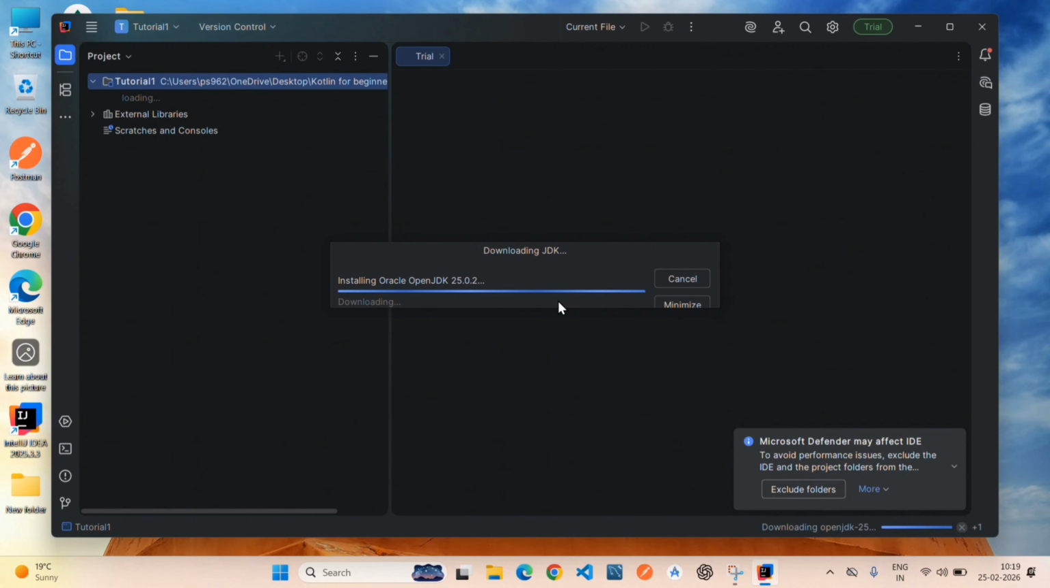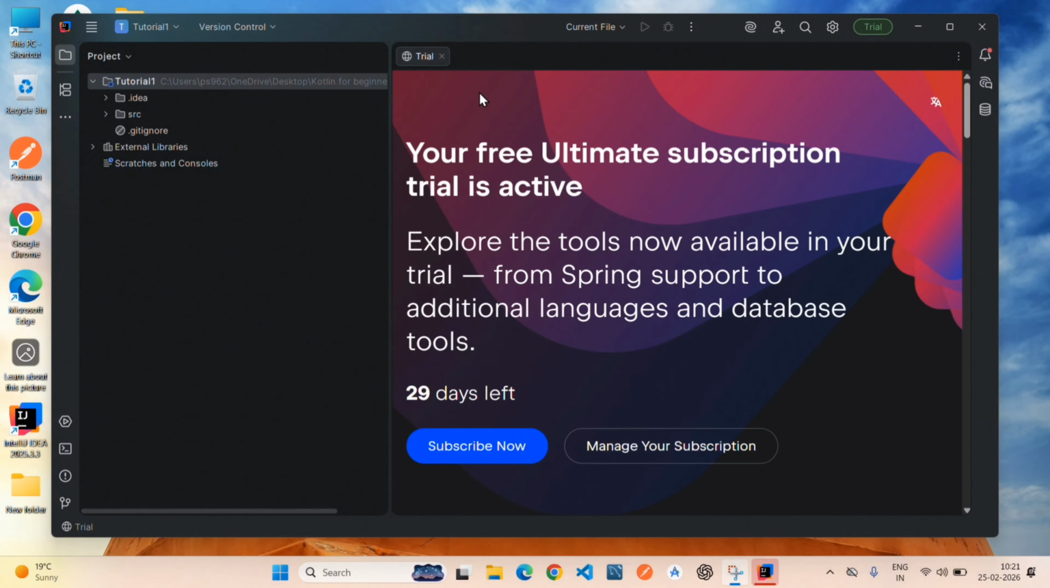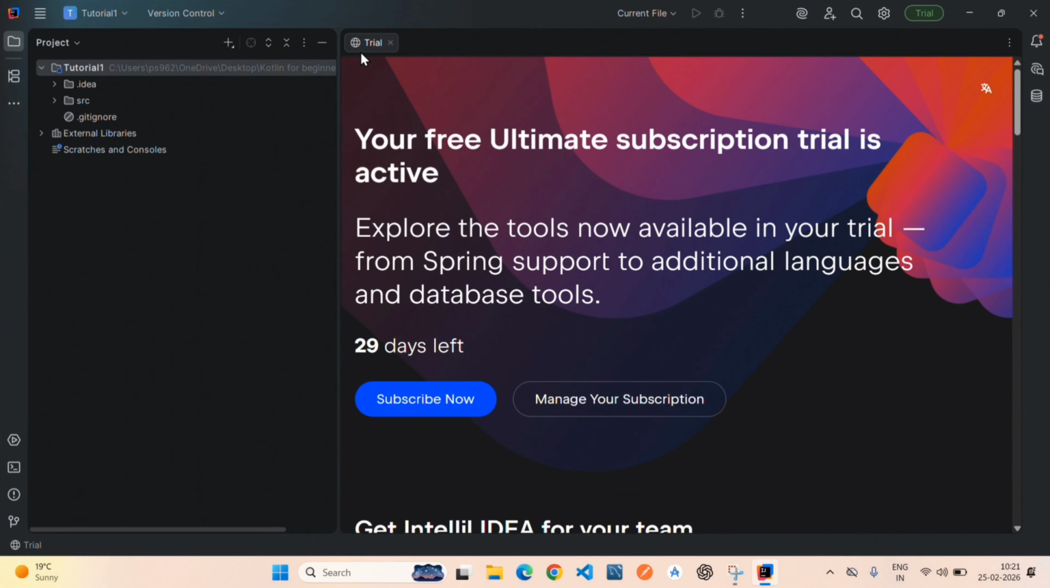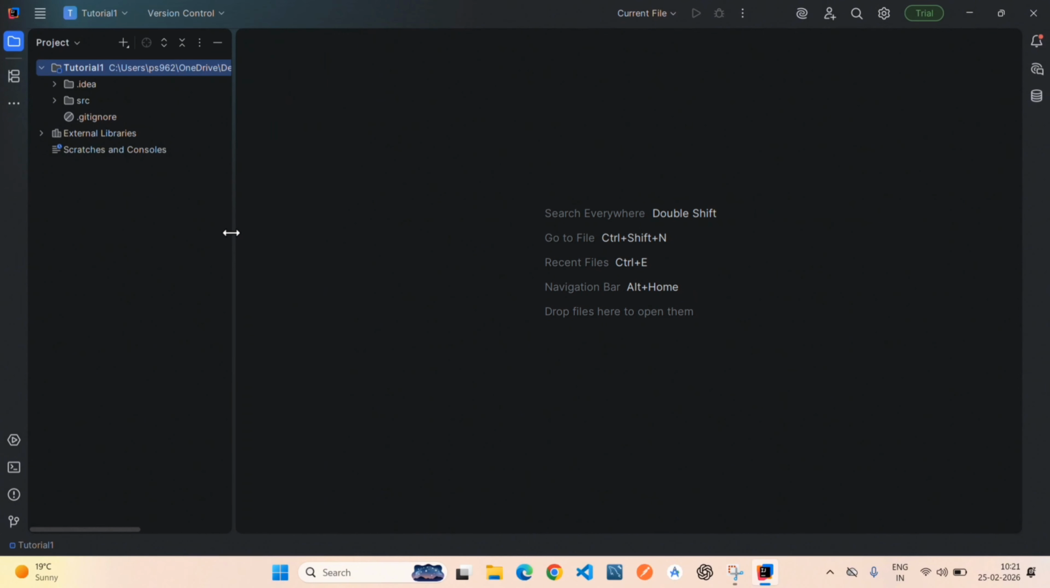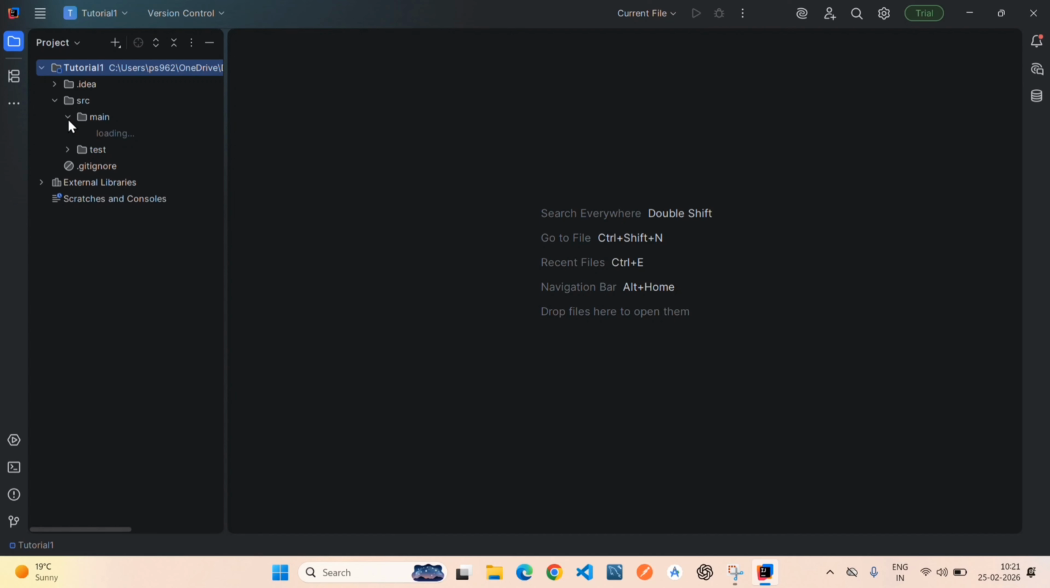And downloading JDK may take some time and additional space also. So our JDK got installed. So let's maximize this window first. And also let's close this trial and adjust this window size. And here you will see multiple folders like IDEA, but you have to go to source, then go to main,